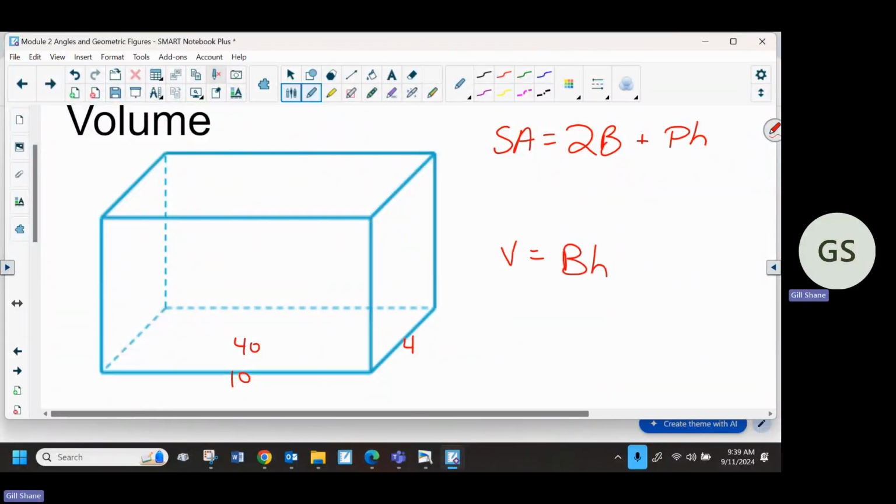And again, the capital B is the area of the base. Don't just put one number there. They will never, ever, at least not in anything I've seen, give you the area of the base. They'll give you the length of the sides, and you have to know to calculate the area of the base. So with that in mind, we already figured it out earlier. That's 2 times 40, because I calculated the area of the base, 10 times 4,